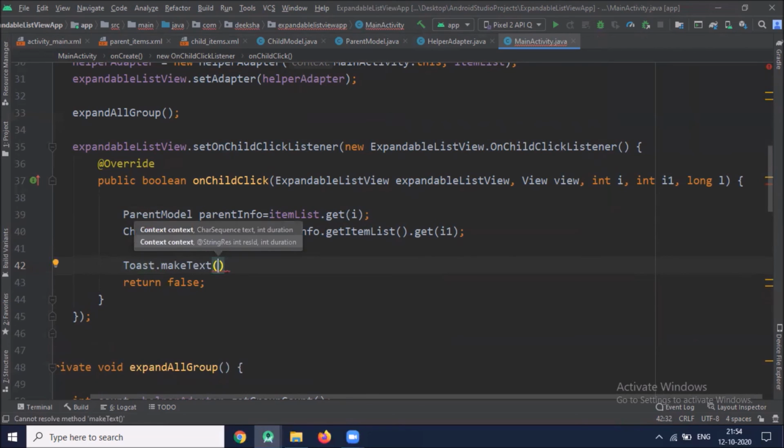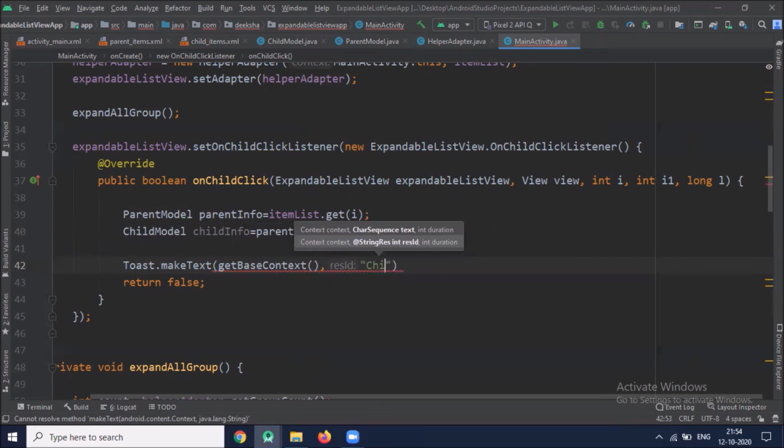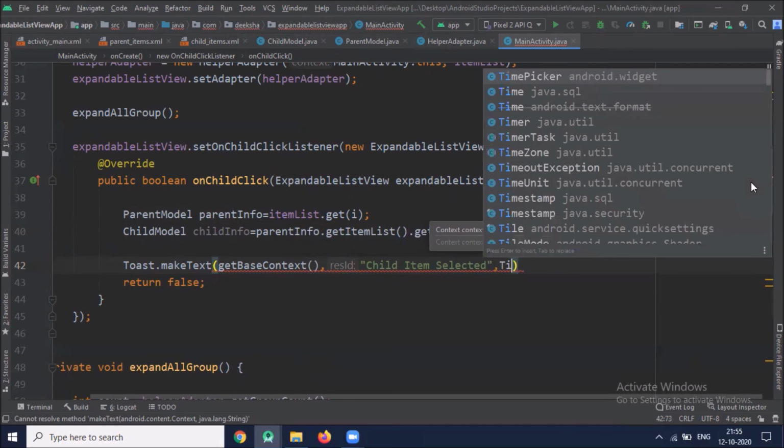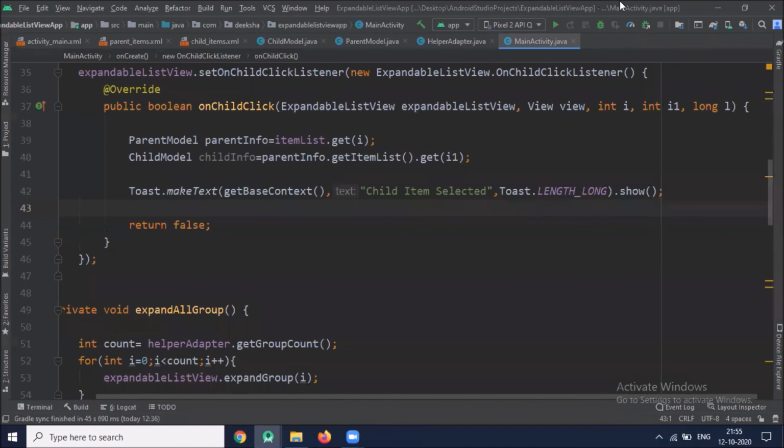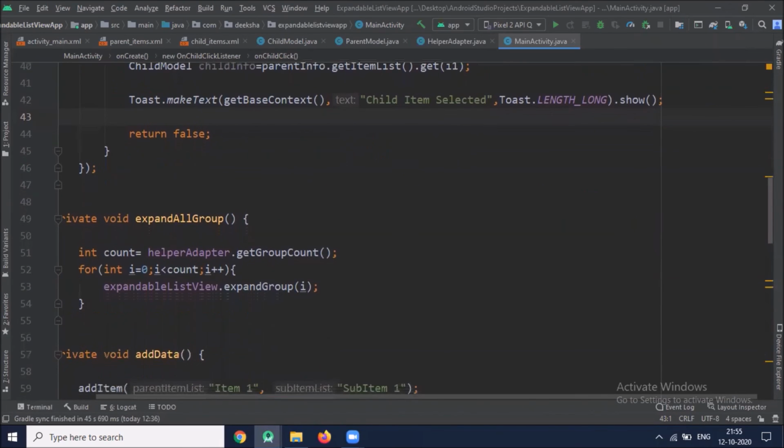So when I click on item, child item, it will display one toast message. Similarly, we work on group or parent item click listener.